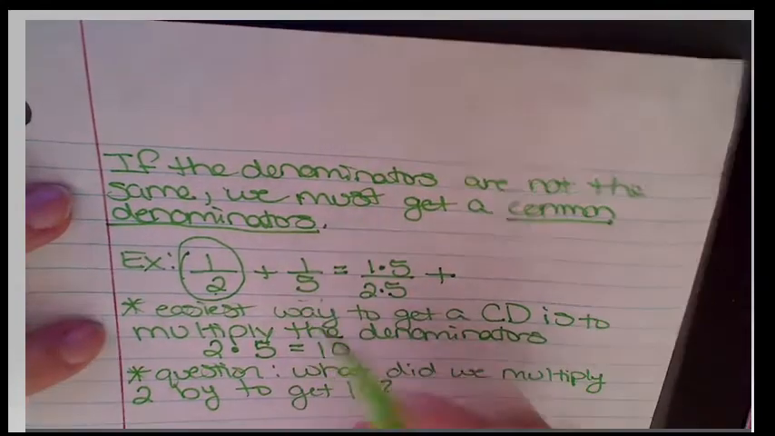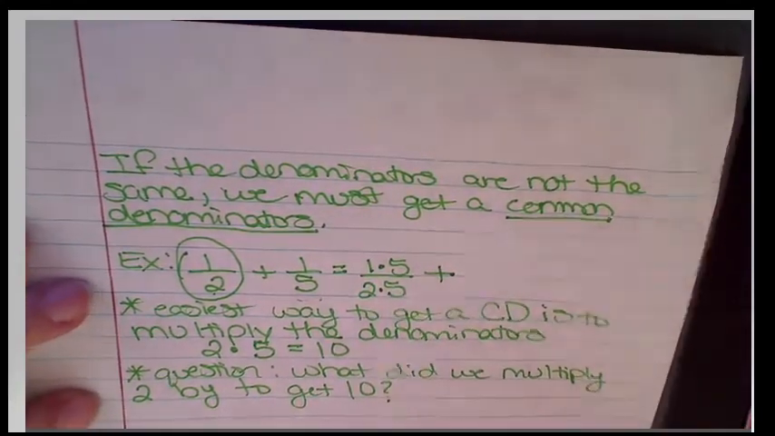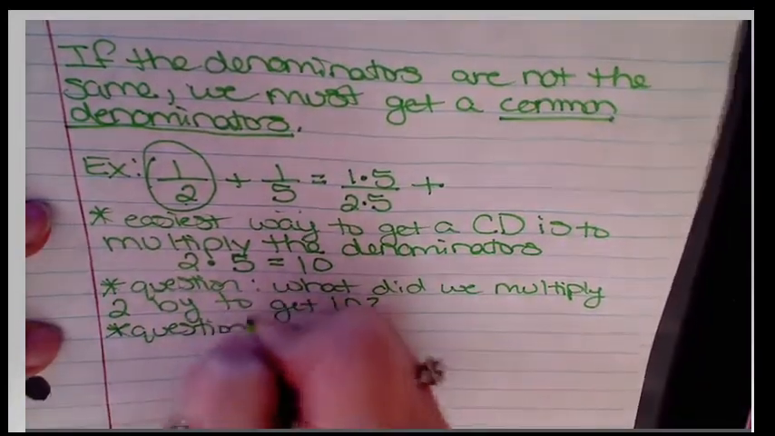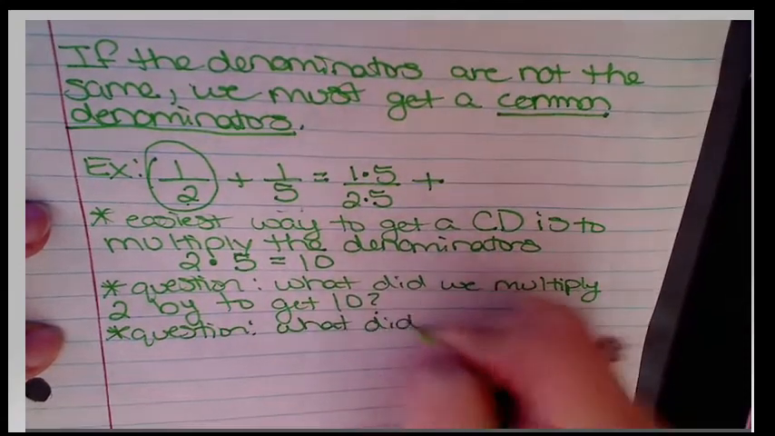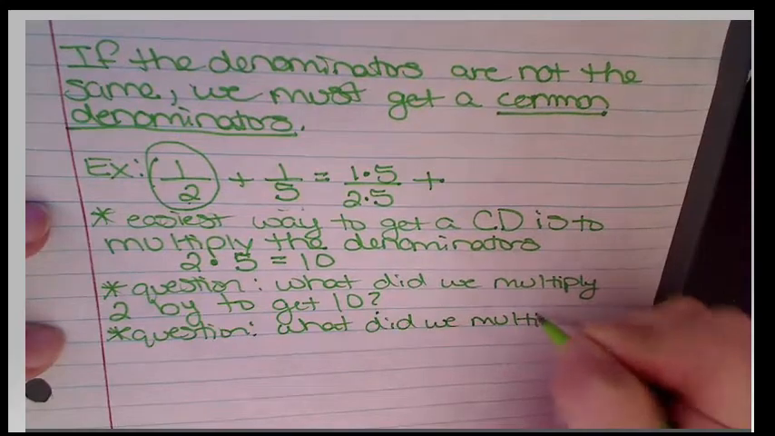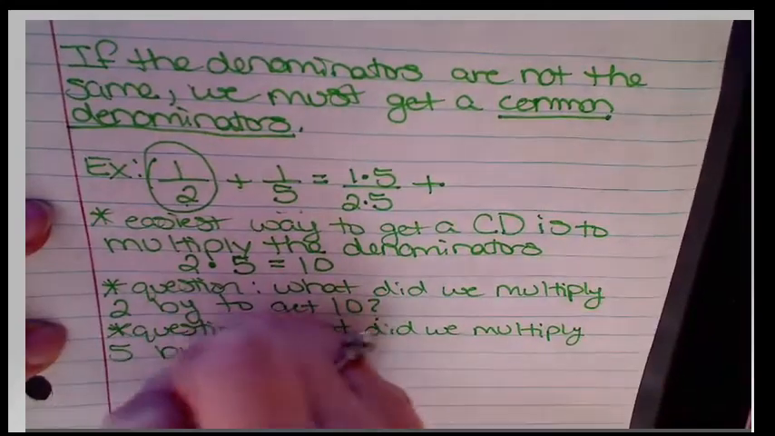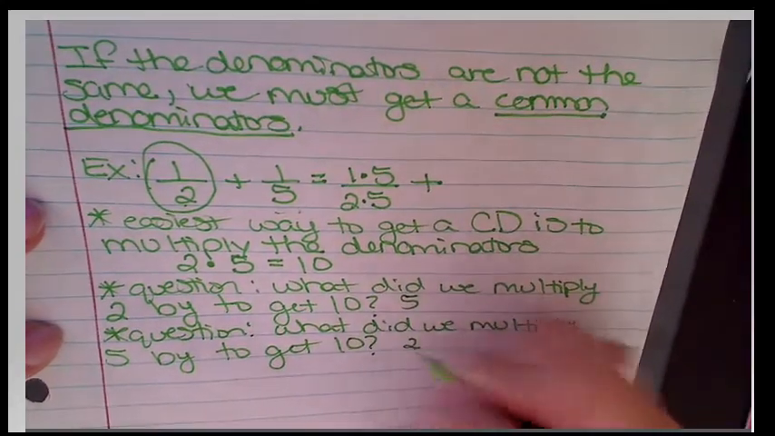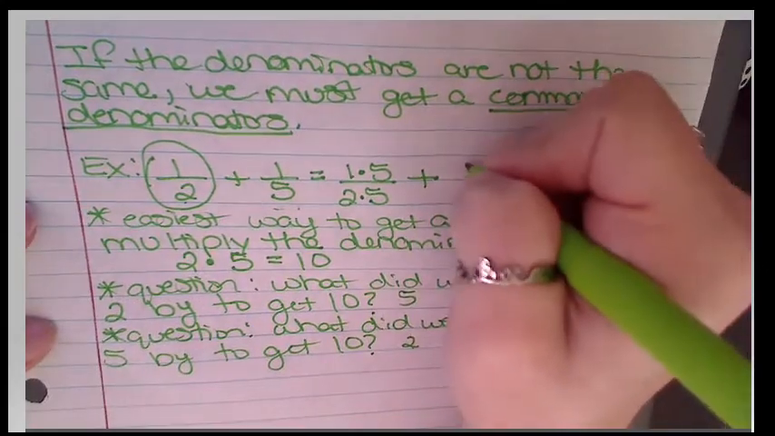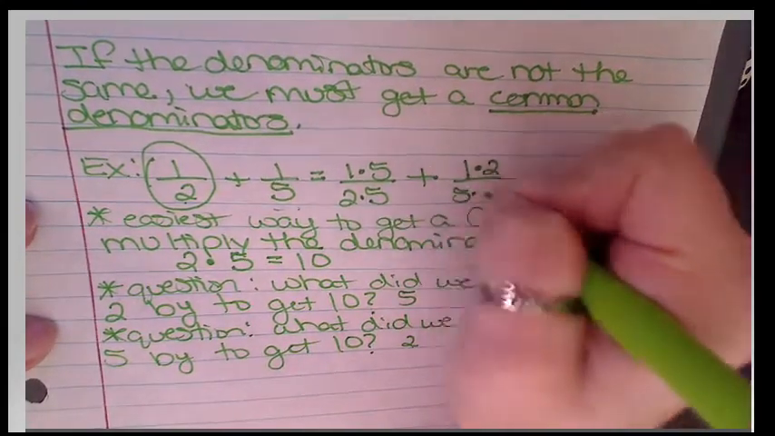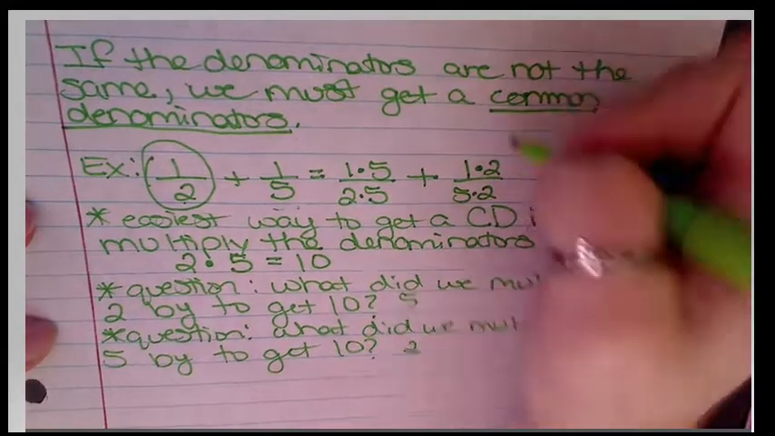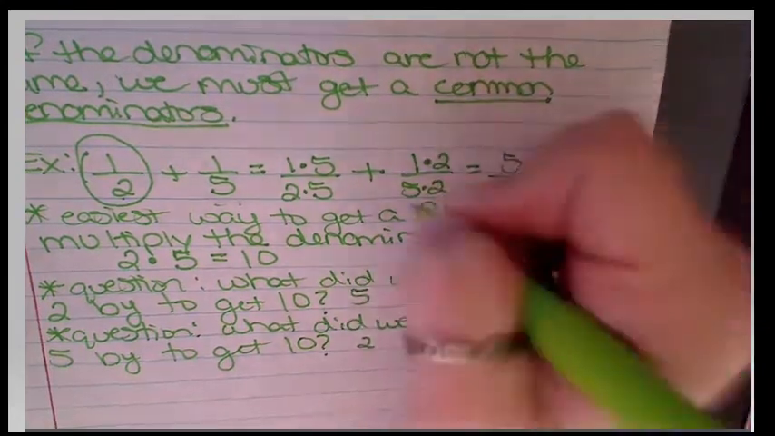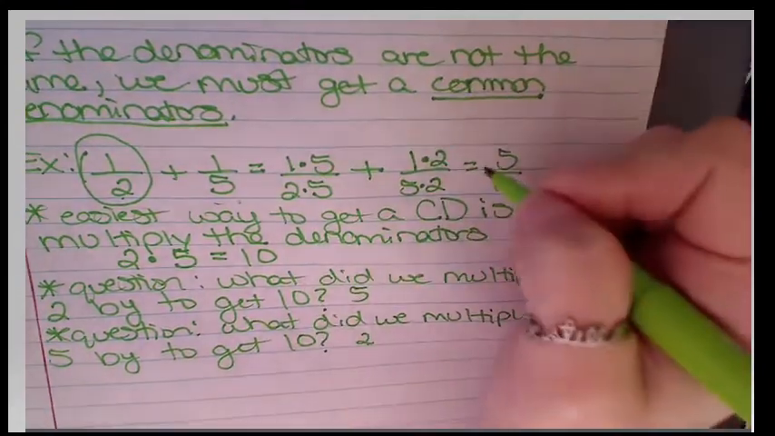So the question's the same thing. Okay, the next question's the same question. We're just going to substitute in a number. The question is, what did we multiply 5 by to get 10? And the answer to that one is 2. So we have a 1 times 2 over a 5 times 2. Let's go ahead and simplify these a little bit. 5 times 1 is 5 over 10, because 2 times 5 is 10, plus 1 times 2, which is 2,